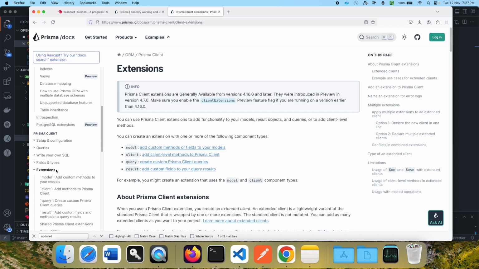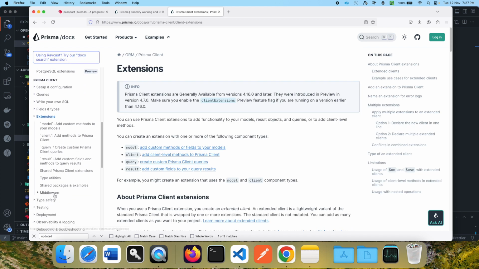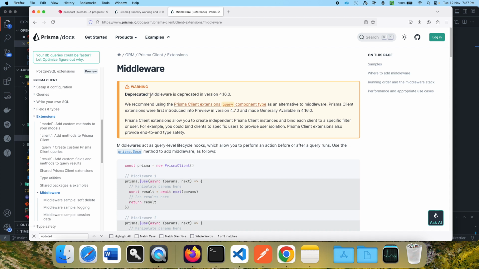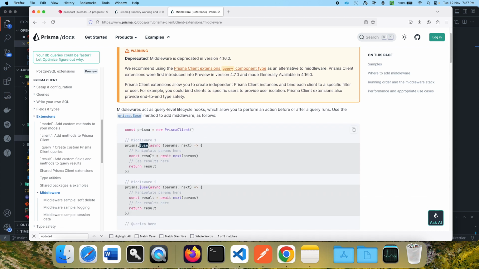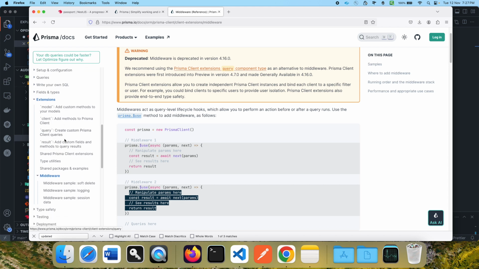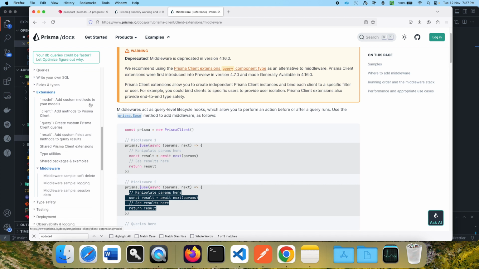If I go in extensions, if I go in hooks middlewares, if you will notice, this $use is deprecated, so we could have created audit log functionality with this thing as well, but this is deprecated. So what we are going to do next, we'll follow the same thing with